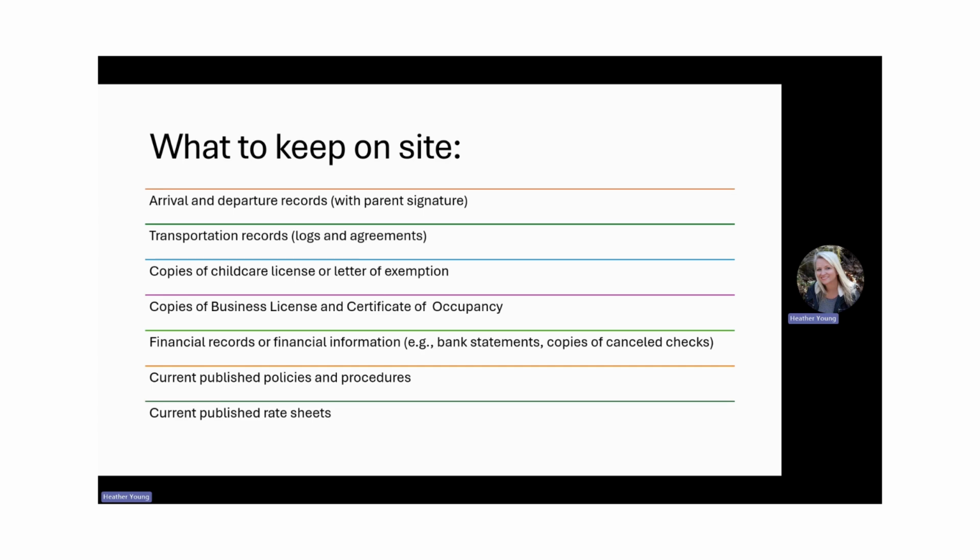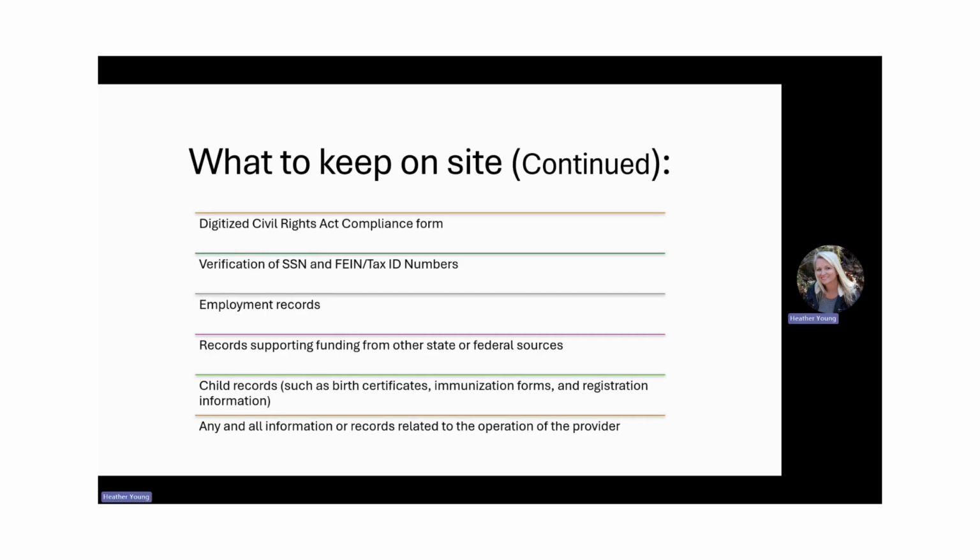Your arrival and departure records with parent signature or authorized signature. Transportation records, such as logs and agreements. Copies of child care license or a letter of exemption. Copies of business license and certificate of occupancy. Financial records or financial information, such as bank statements or copies of canceled checks. Current published policies and procedures, and current published rate sheets. Also, digitized Civil Rights Act compliance form,